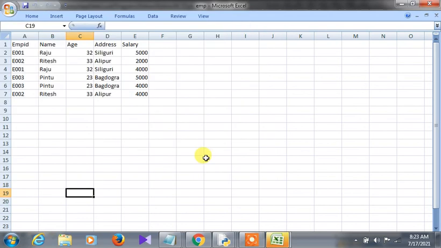So what are the things we have to do? We have to open Excel. We have to remove the other sheets available by simply clicking on them, right clicking and then choosing delete. Okay, that is the thing we will do.